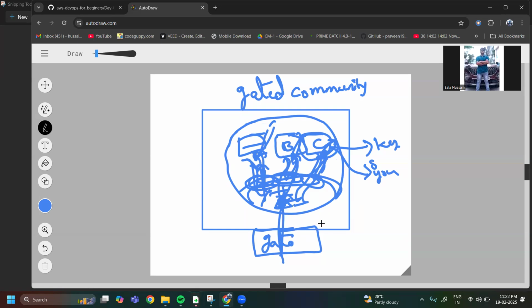For example, if your relative is coming to your house, whenever your relative knocks on the door, we are putting a bell here. So he will ring the bell, and we have a mirror on the door. We look through that mirror, and if this person belongs to us, then we can open the door here. So I think now we are able to understand the things.